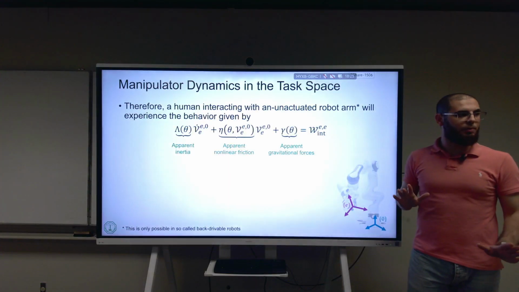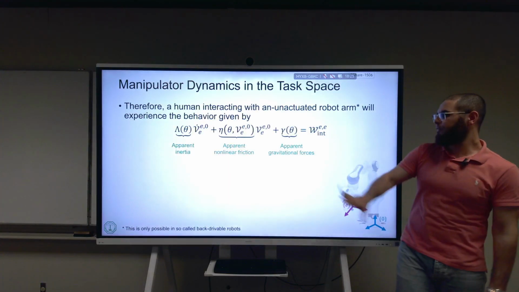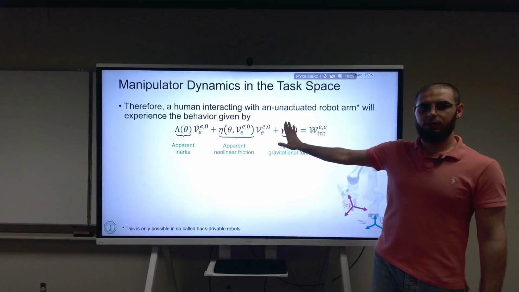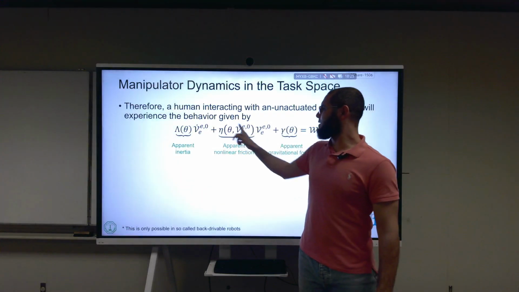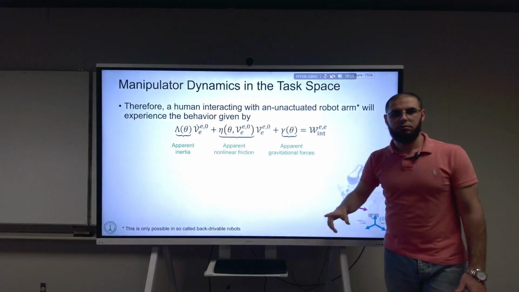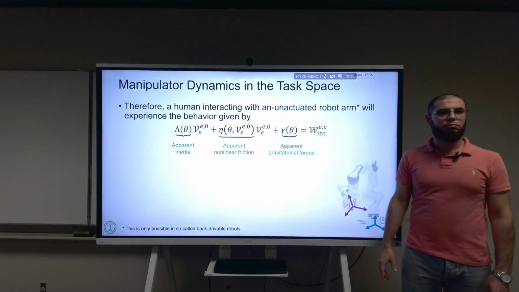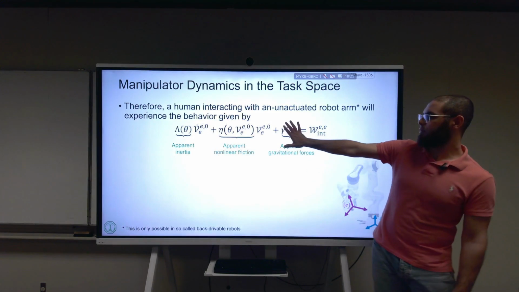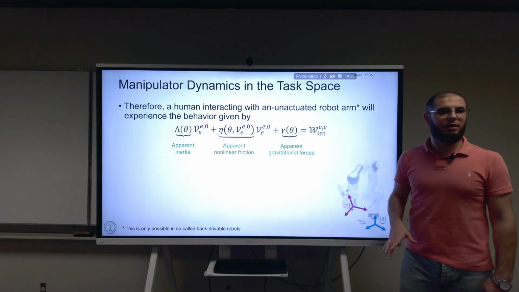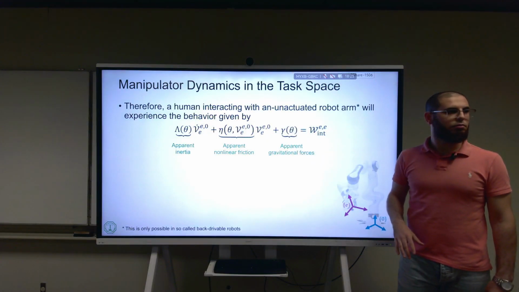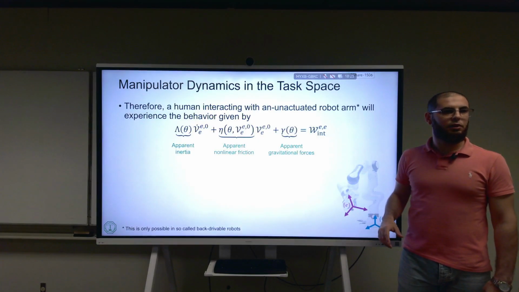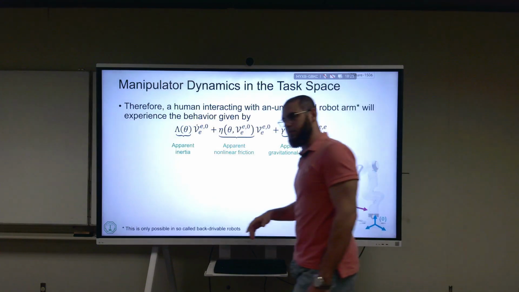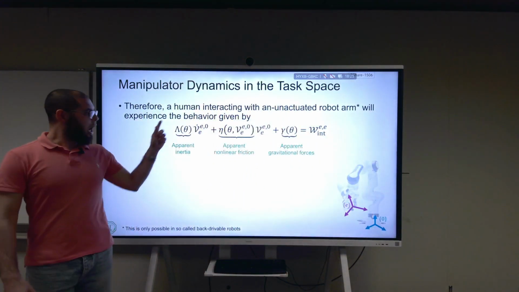Just to stop for a bit. What does this equation remind you of? If I remove the gravity term, have you seen something that relates the wrench and the twist dot before? Without the gravity. Have you seen something like this before? The Euler-Poincaré equation. What was it? Does anyone remember? I V dot,